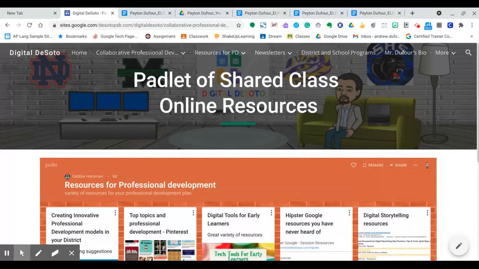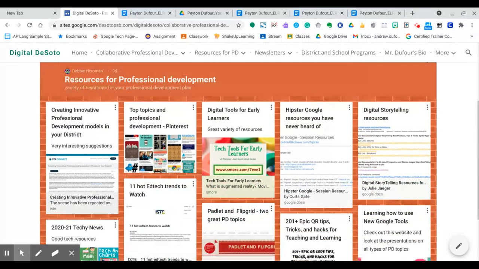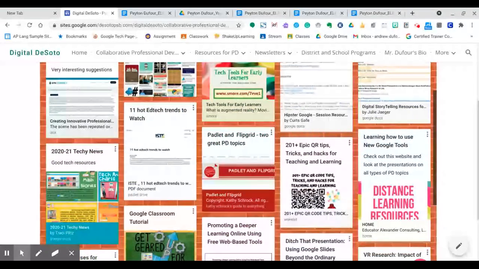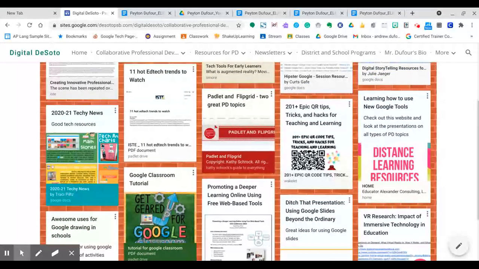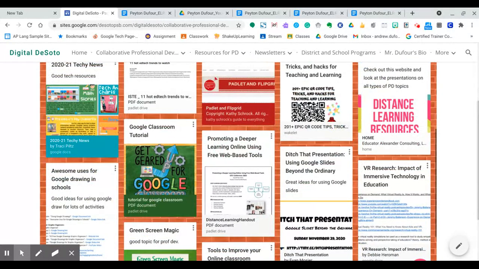Dr. H did a great job of providing this Padlet of shared resources when we're thinking about our professional development plan. I actually use some of these things, thinking about my plan and curating my resources. Desiree Alexander is actually on my Padlet. Desiree is a consultant, and she's partnered with DeSoto to deliver professional learning workshops. I'm about to start a Google Trainer professional development session with her here in the next week. So I'm going to be working on my Google Trainer certification pretty soon. So all really, really cool